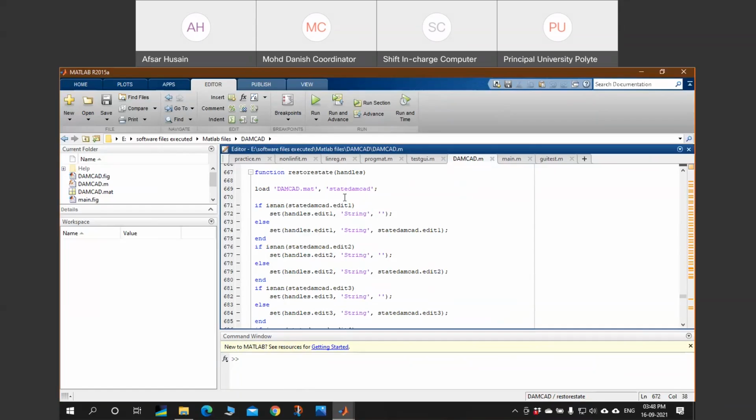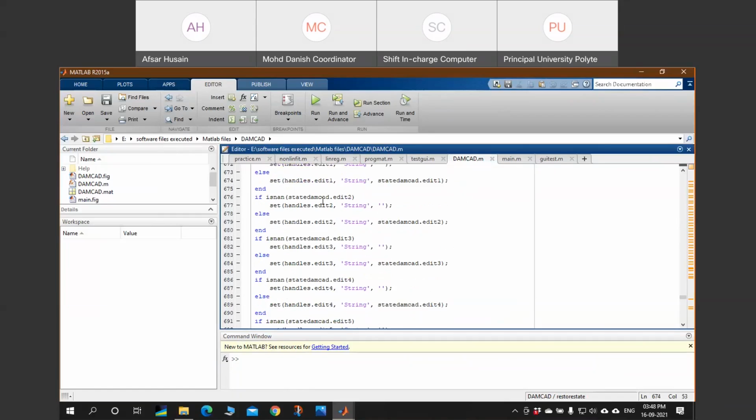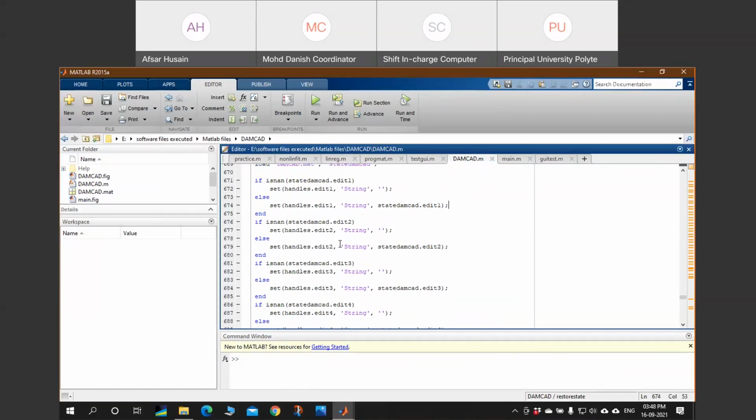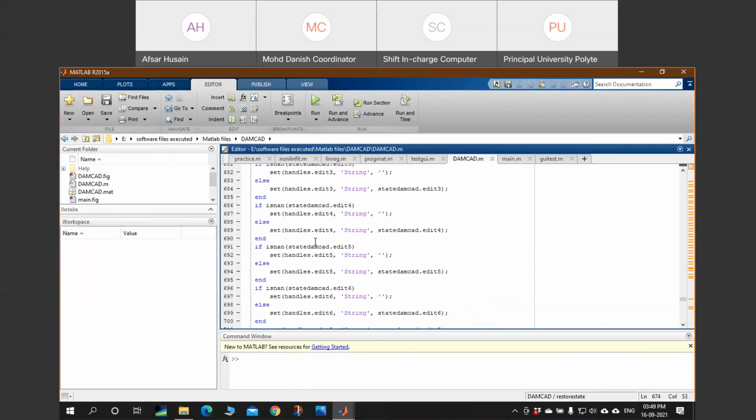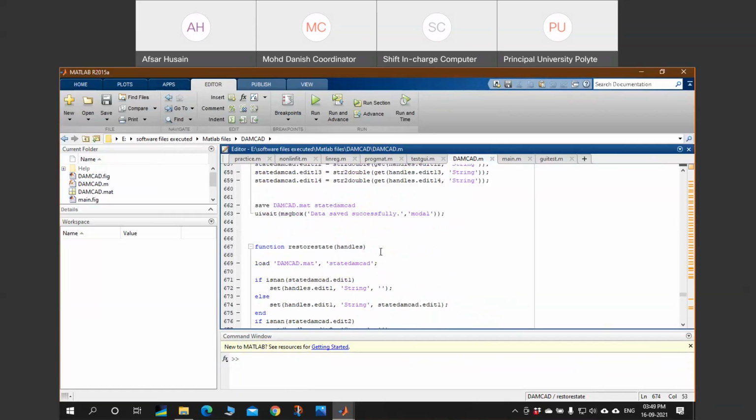If the value stored in this variable is not a number, is a complex value or anything other than a number, it will set the field to blank. And if it is some number, it will just copy that number to the field. All these commands are repeated for the different edit fields, edit 1, 2, 3 and so on. So this is how this function, restore state, is written.